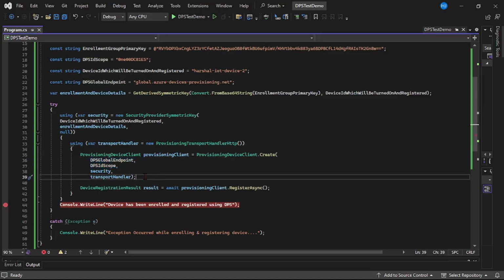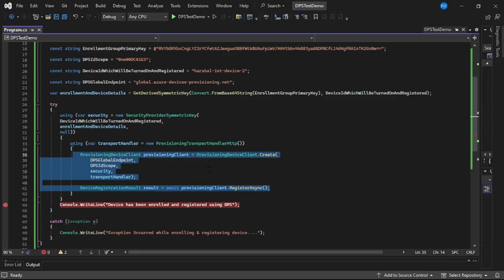So that means here, in the code which I have highlighted, we have passed all the necessary information, that is the device ID, DPS ID scope, DPS global endpoint, and enrollment group information within that DPS. And finally, we are simply registering this device in IoT Hub.